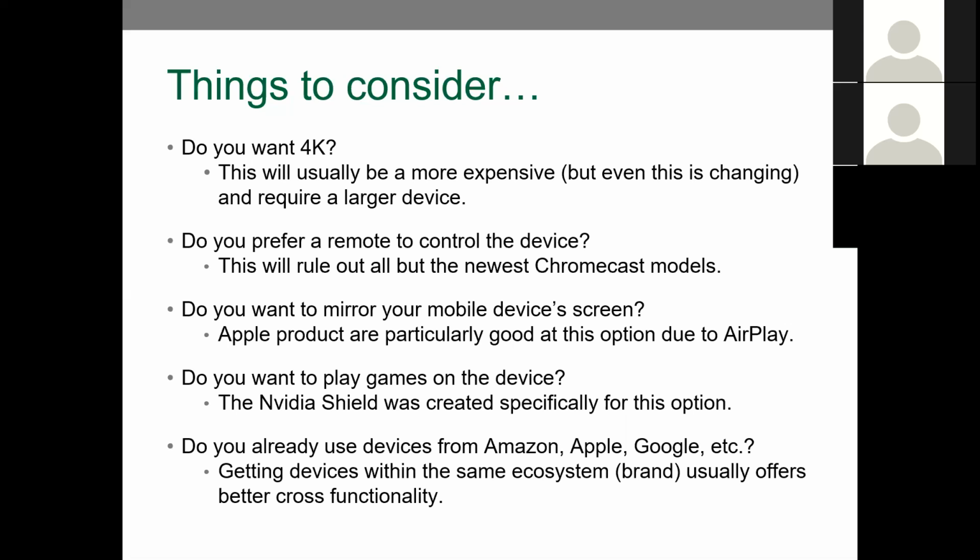For example, an Amazon Echo works best with an Amazon Fire Stick, because you can say, hey, start up Netflix and play this show, and that'll work on Netflix. But if you have an Apple TV and an Amazon Echo, you may be able to get some workarounds that will launch Netflix, or maybe at least let you play and pause, but you can't give it more complicated instructions than that to work with the Apple TV. So depending on what brands you already have, you might want to take that into consideration when buying more hardware.